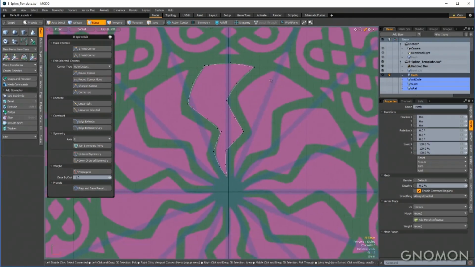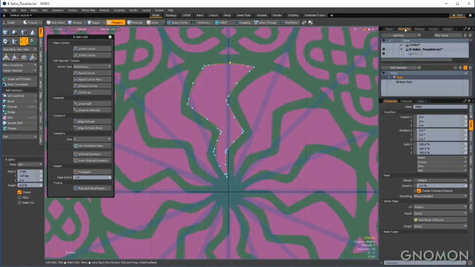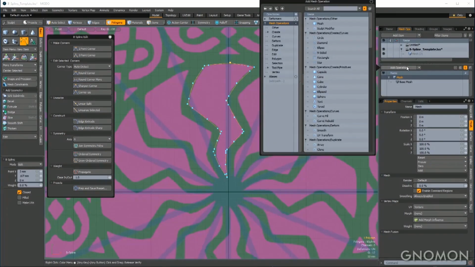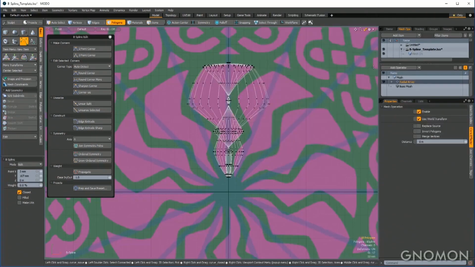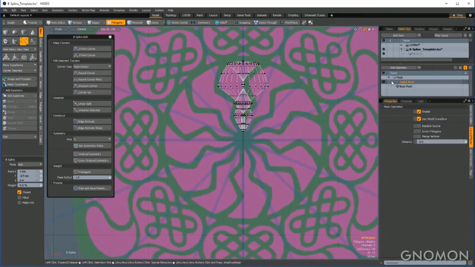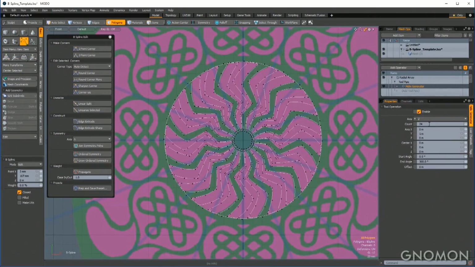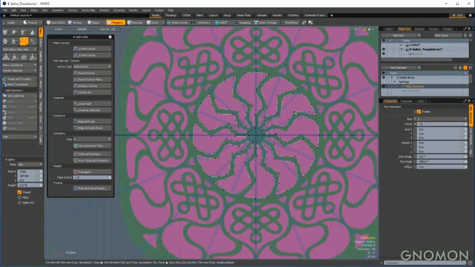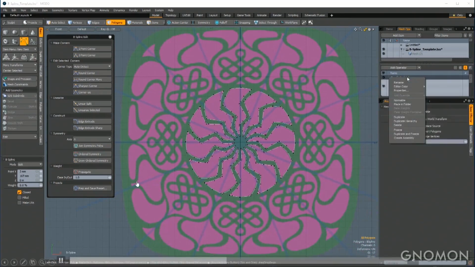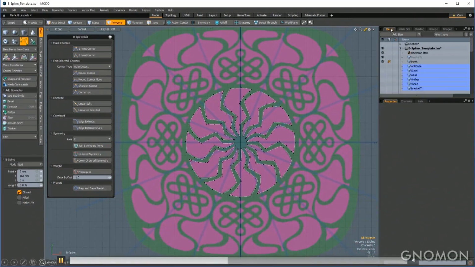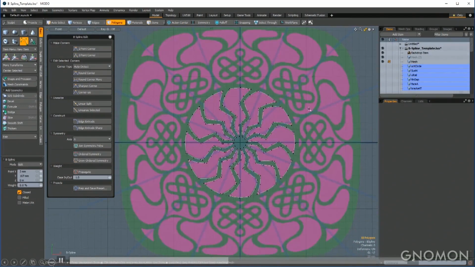So now it looks like I have a lot more tracing to do, but these curves work with the procedural system. So I'm in the Mesh Operations tab right now, and then I'm going to add a radial array in the procedural stack, and then I'm going to expose the radial array tool pipe and get to the helix generator properties so I can change the axis to Z and the count to 12. And now you'll notice that it just created 11 more of those lightning bolt shapes.